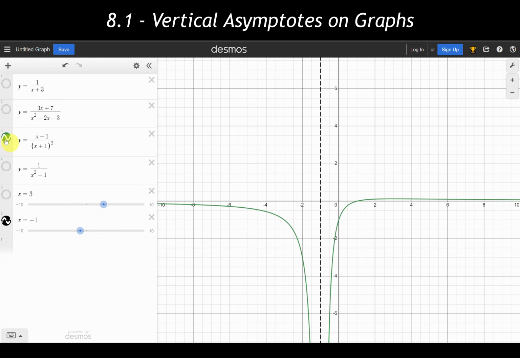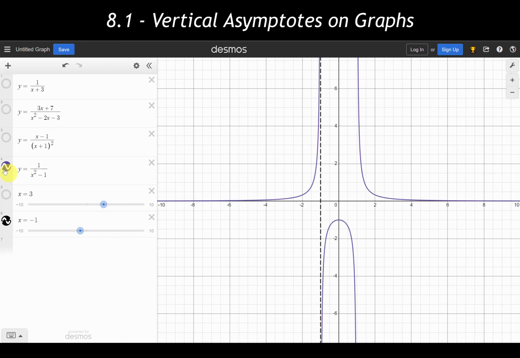And then our last example, which was number 4, we had asymptotes at x equals +1 and x equals -1. So we'll get those in there. And yet again, we're seeing instances where the graph gets really, really close to these asymptotes, but never actually reaches them or crosses over them. So that's what these asymptotes and the domain restrictions look like on a graphical level with all 4 of these example equations.